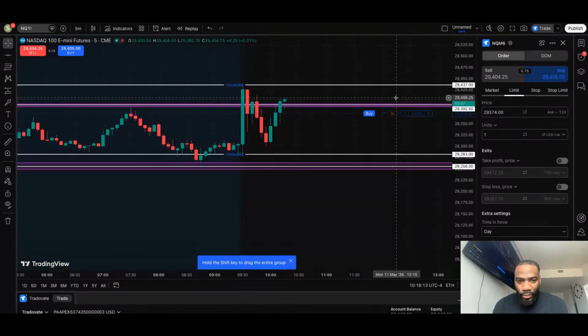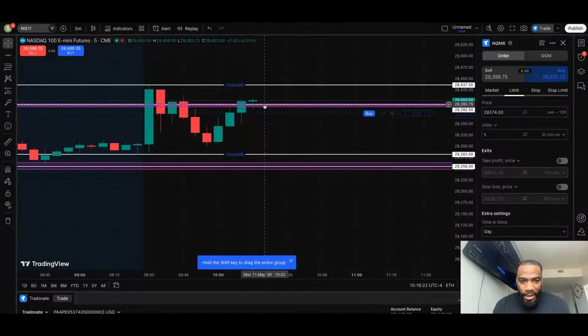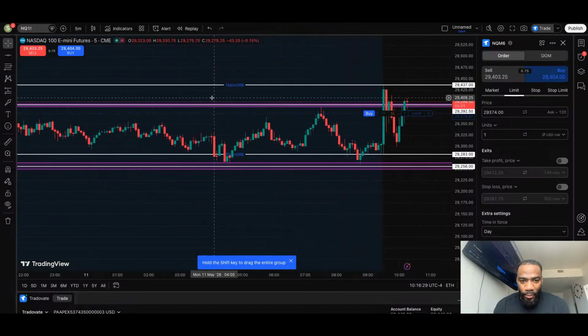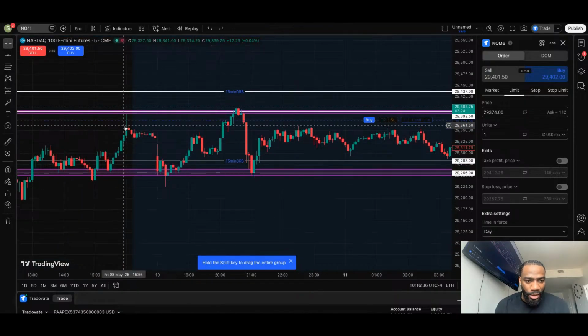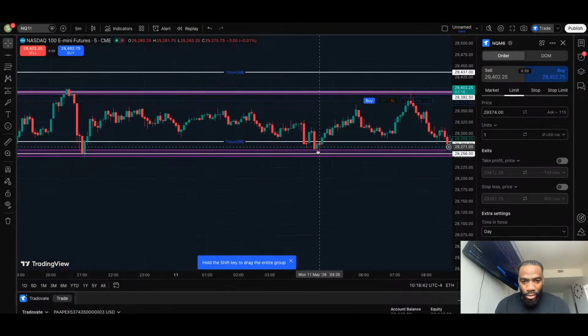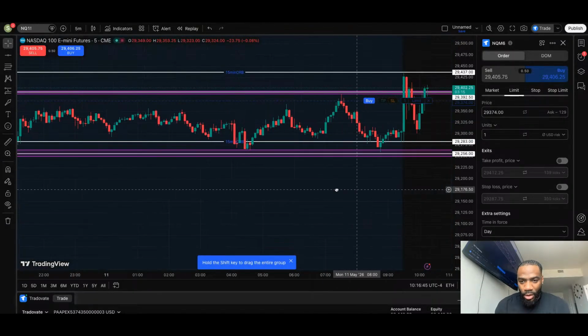Right now, a new 5-minute candle just started, and it's pushing up. I want to show that this level is strong for the buys, because the only reason I marked it up was that every time it got in there, it sold. Every single time it got there, it touched it and sold. And vice versa. Down here, it bought. Over here, it started going up again.